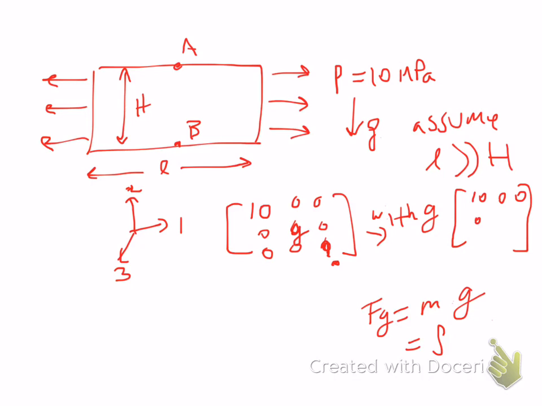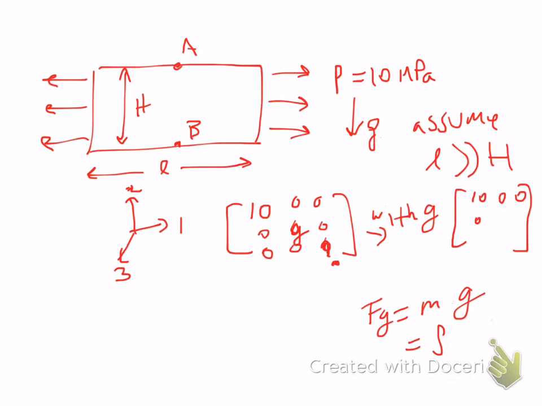So if I'm sitting in the middle of a swimming pool, I'm under stress in all directions. Rho GH is a pressure, and it's acting in all 3 directions as normal forces. So what does that stress tensor look like? So 1,1, 2,2, and 3,3. So draw it there, just the stress tensor.